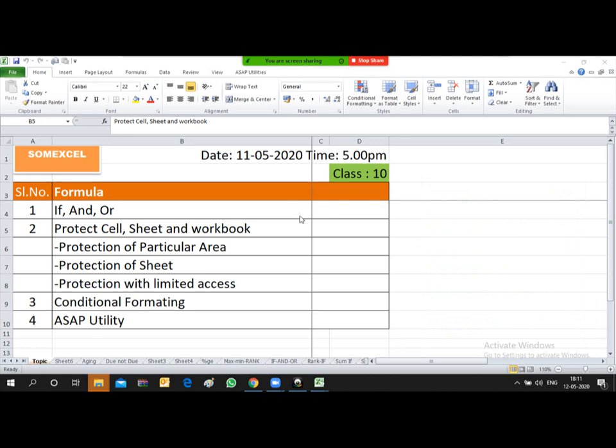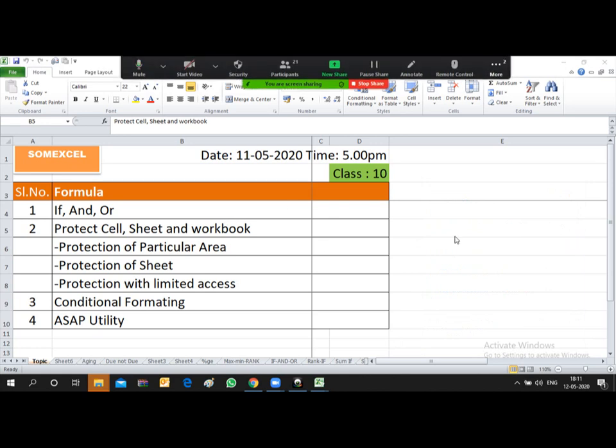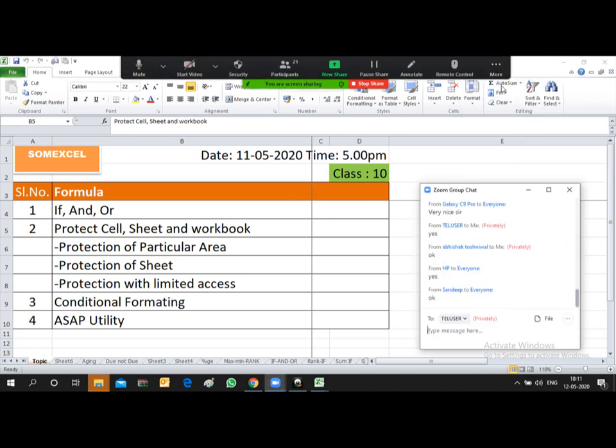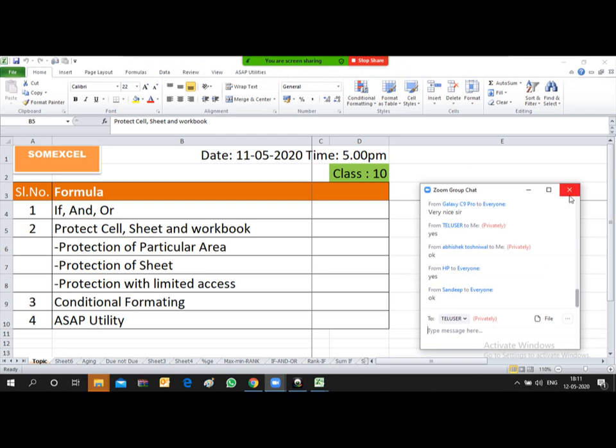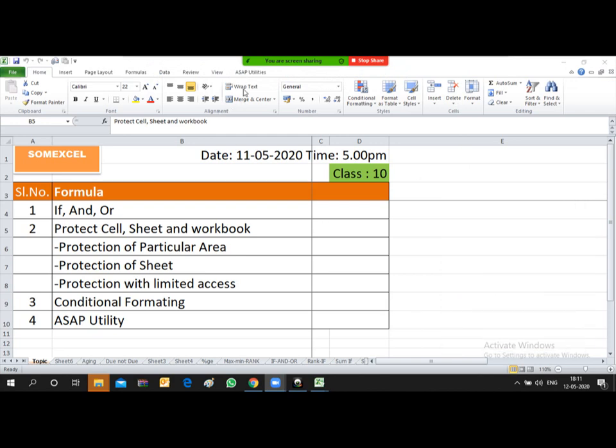So friends, now after installing ASAP Utilities, you see at the end of all the tabs in your Excel worksheet, this ASAP Utilities tab has appeared.